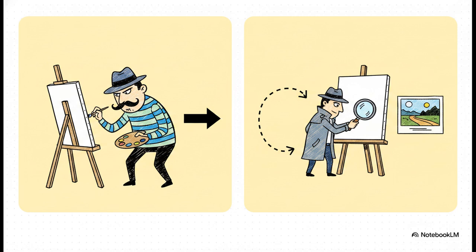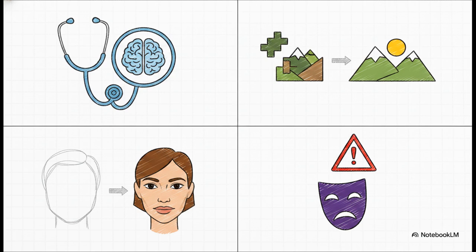And here's the kicker. Every single time the discriminator catches a fake, the generator learns from it and gets just a little bit better. This continuous adversarial loop forces the model to churn out shockingly realistic outputs. And this isn't just a cool parlor trick, it has massive real-world applications. We're talking about taking super low-res images and making them crystal clear, or turning quick pencil sketches into photorealistic landscapes.